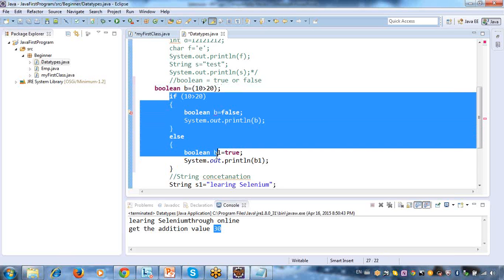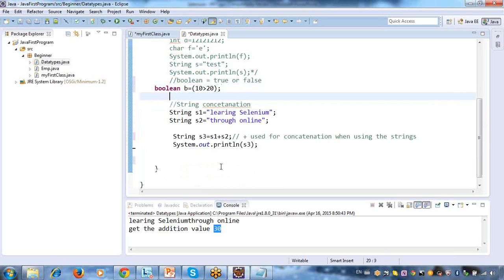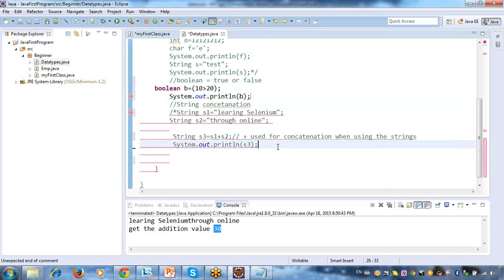So I can do like this simply. I will tell you in the if condition sometime. B, like this. So this is very simple.